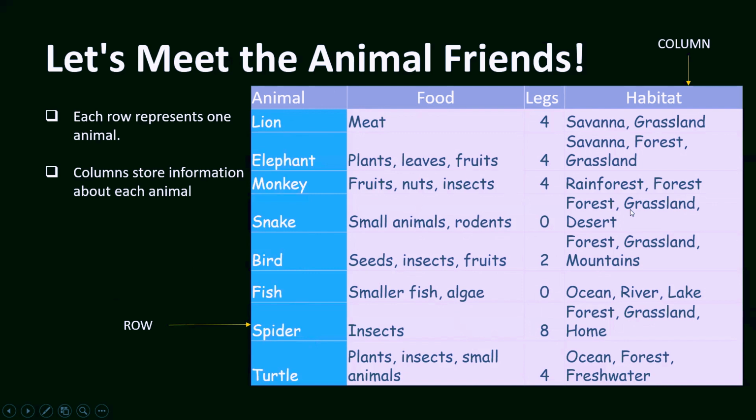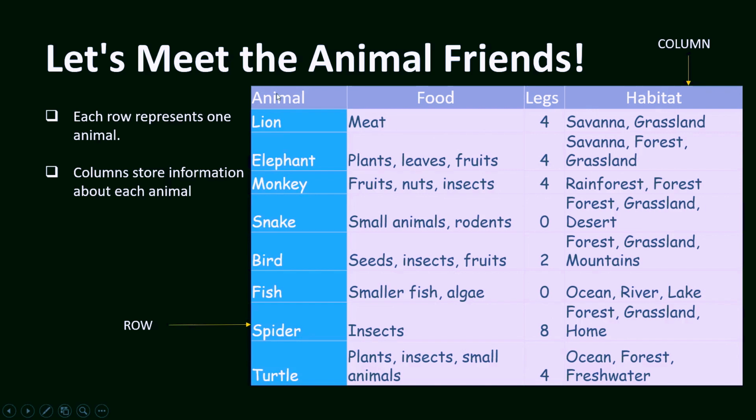I'm not going to the bigger table examples, which have been taken everywhere. So the animal table has the information of the animal, what animal it is, what food it eats, how many legs it has, and what habitat it lives in. So if I am asking you, forget about SQL. If I ask you how many legs a snake has, and you don't have to use your mind, you just have to read this table.